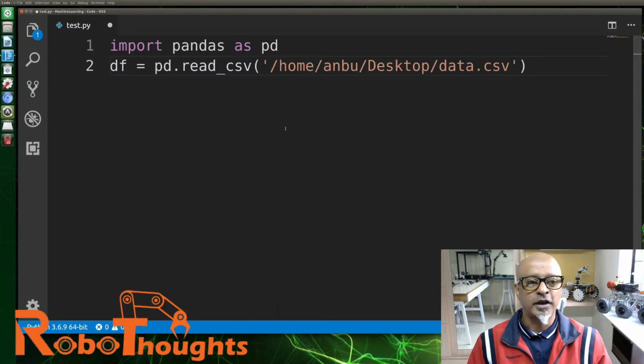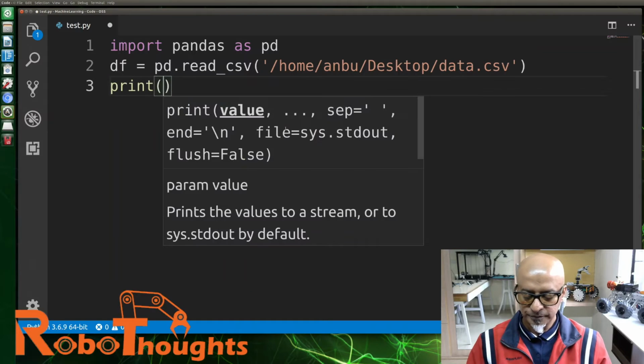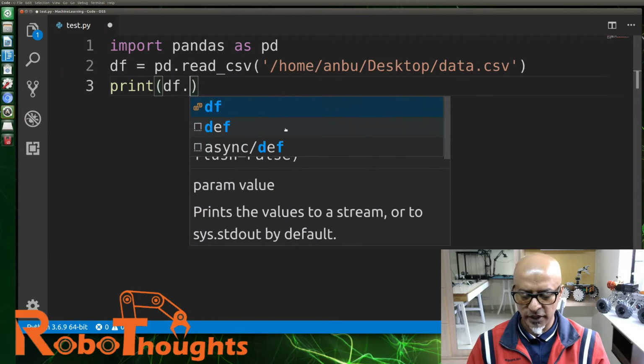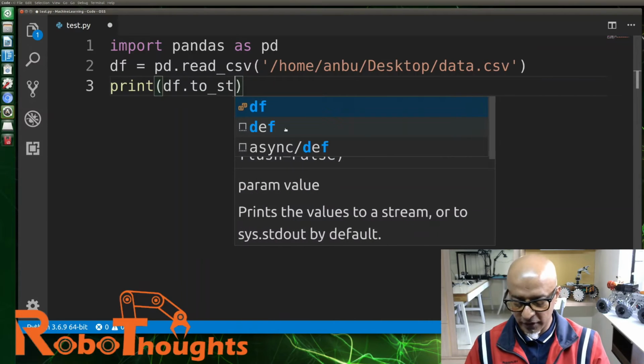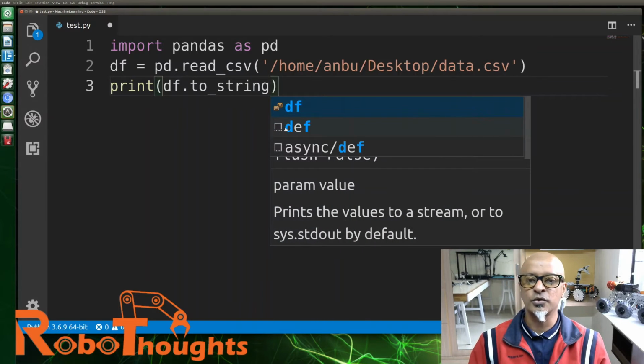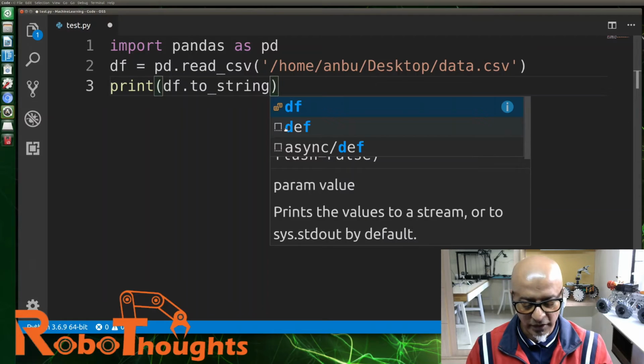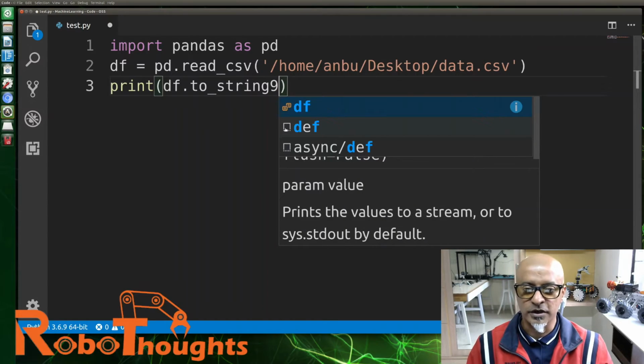And then what we need to do, hit enter. Now let's say print df.to_string. This is another method I am going to show you, to_string, and close the function.